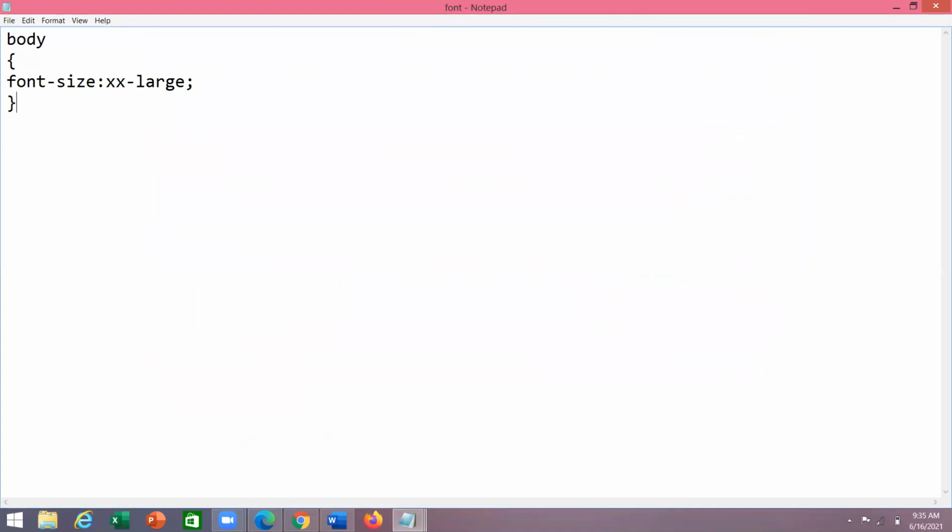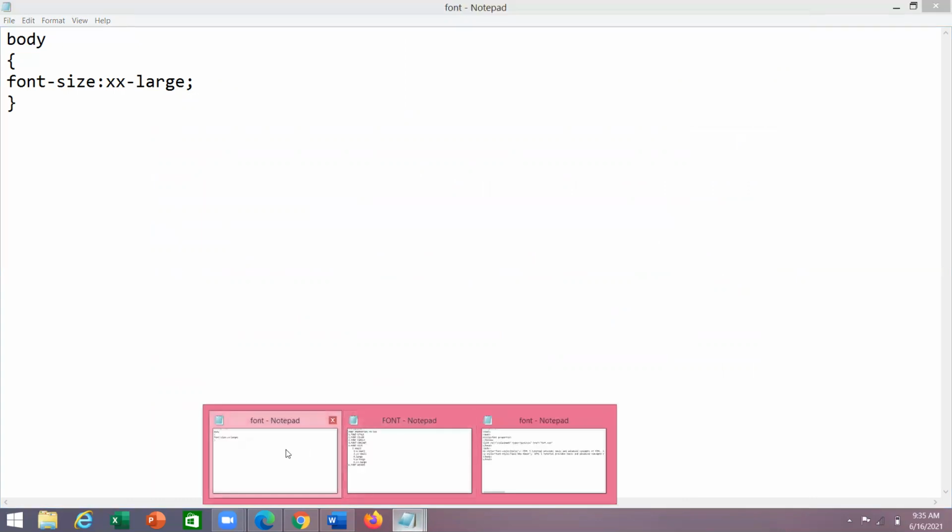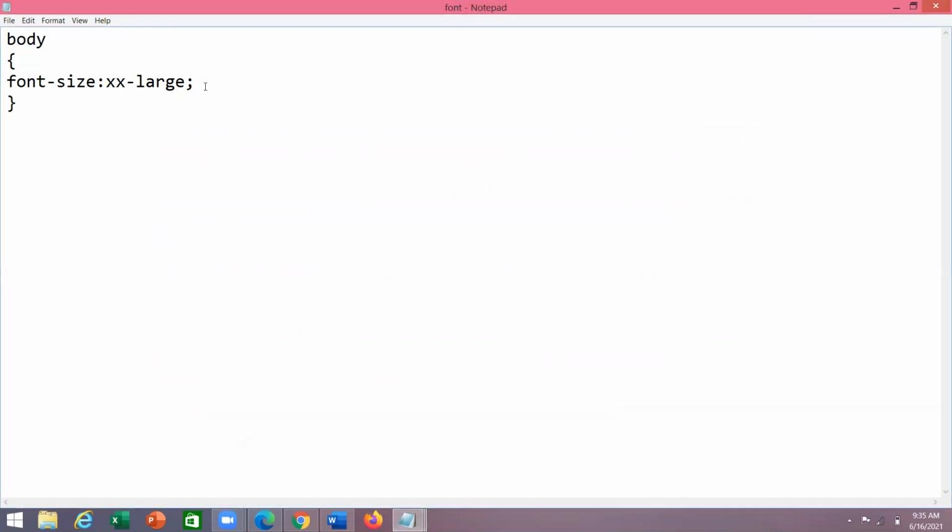For example, you want to mention the color for a particular paragraph. Here I'm taking another paragraph, P. This is my selector, paragraph is the selector. Here for the paragraph I'm taking only the color. You need to give the color for your font. You want to take only color colon, for example, red.